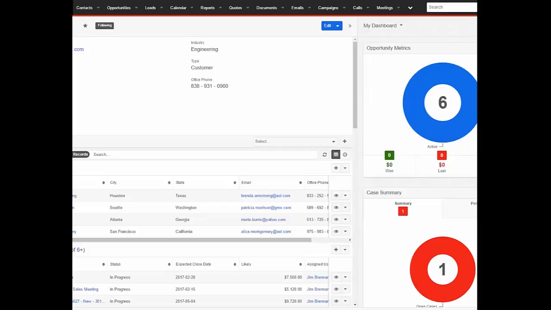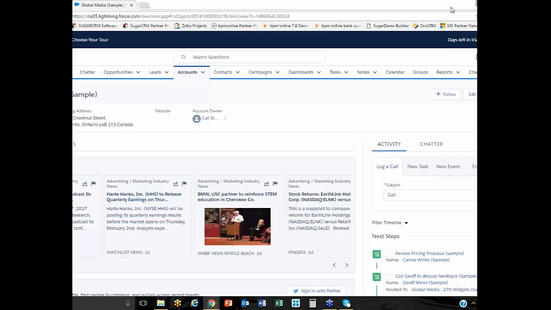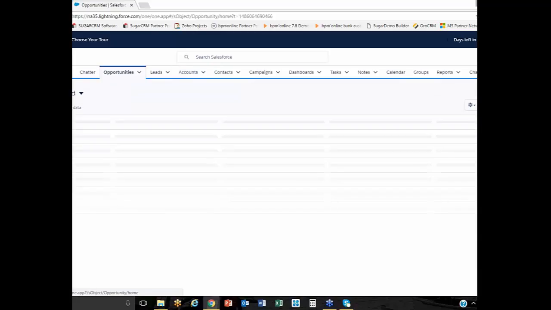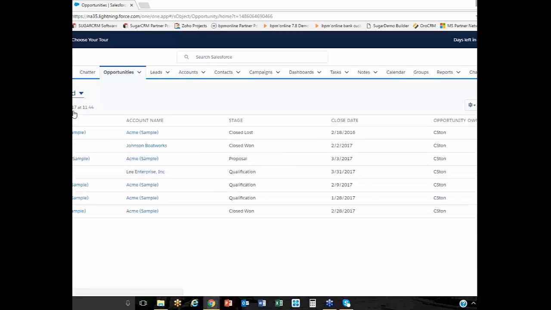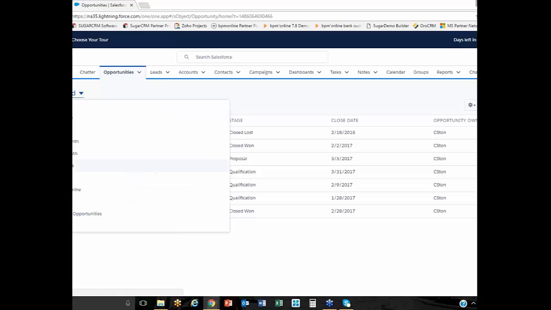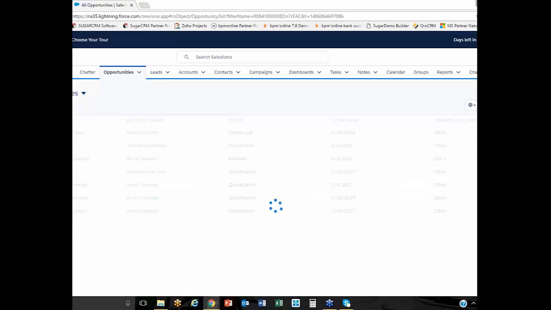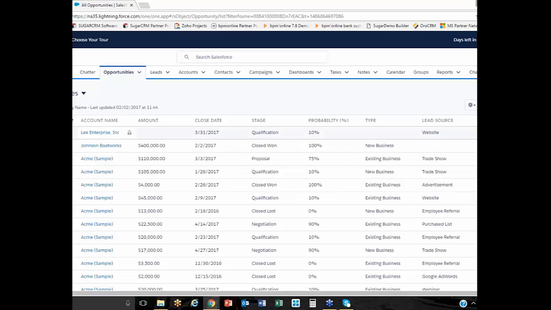It's fantastic. All right, very good. Again, a lot of similarities with Salesforce in tracking your opportunities here. Notice a couple of things about opportunities. First and foremost, I'm going to switch this to all opportunities currently in the system. And one of the things that you do have that's a little bit different than SugarCRM is the Kanban.